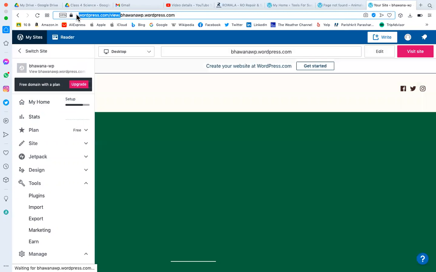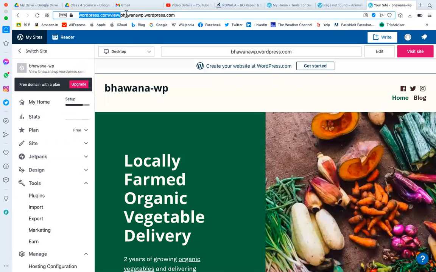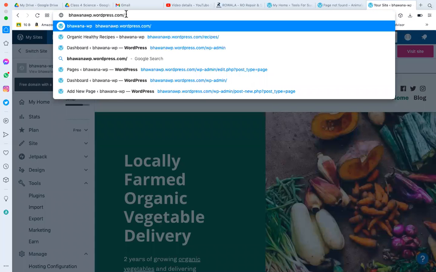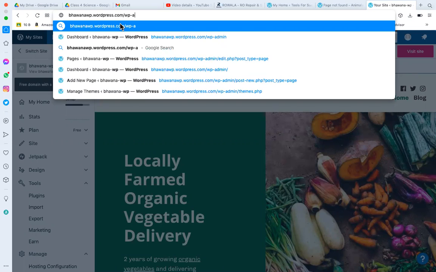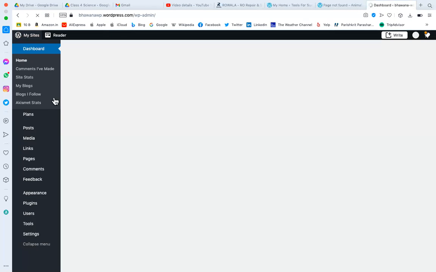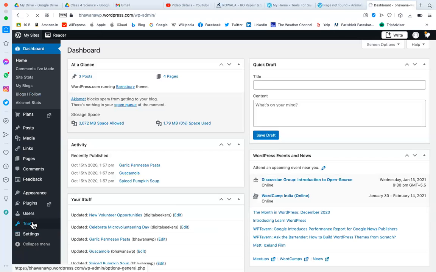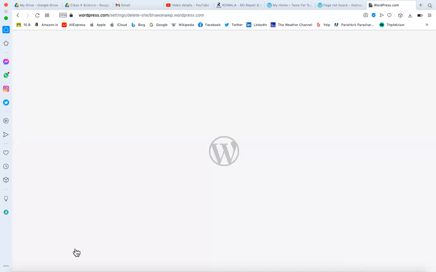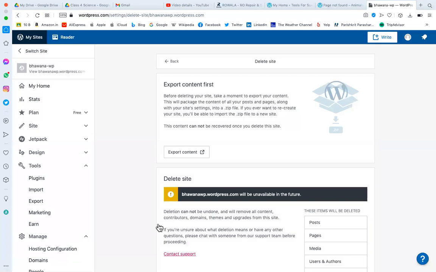To do anything you have to enter the WP admin of your website, bhavnap.wordpress.com/wp-admin, and within that tool you can delete the website. If you have already created many websites for experiments, you can delete them as well.